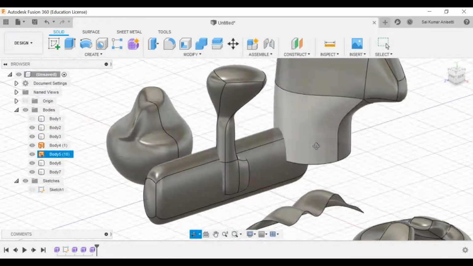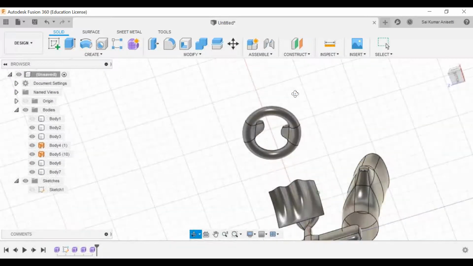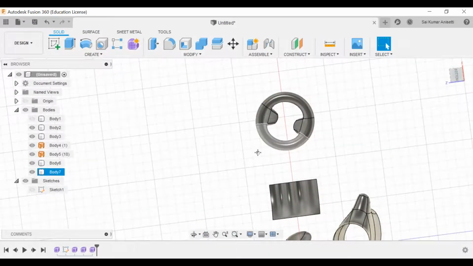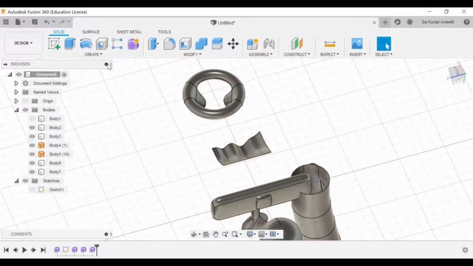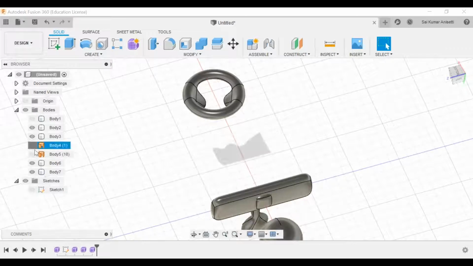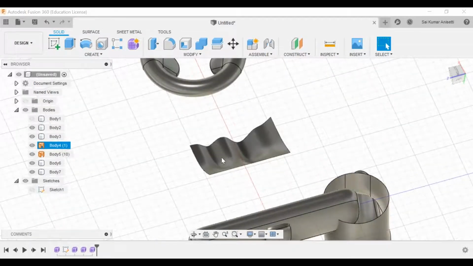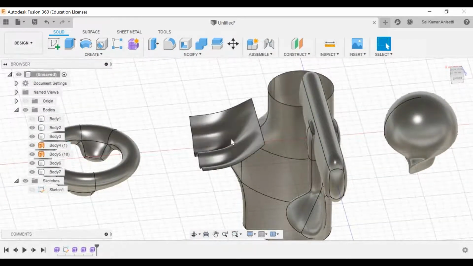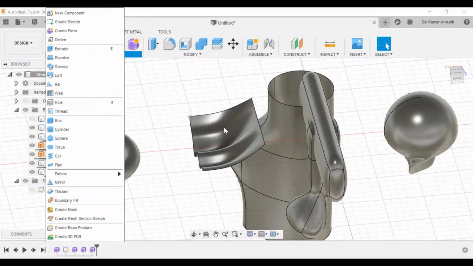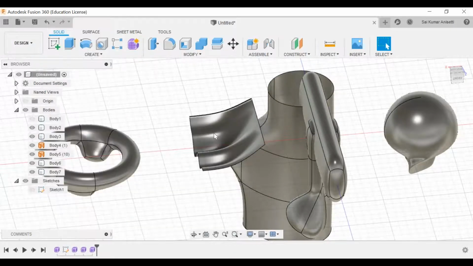That is so cool about your sculpt environment. You can create your steering wheel and you have a number of buttons and you do whatever you want, but using these basic primitive shapes. Let me hide all these things. And do remember that this plane is a simple surface. Plane is always a simple surface, this is not a solid one. Now you know how to make a solid out of this plane. Go to the thicken option, you can turn this into a simple solid one.